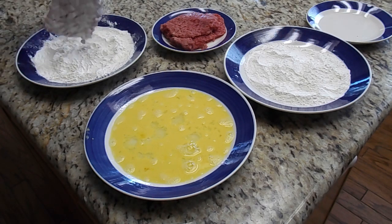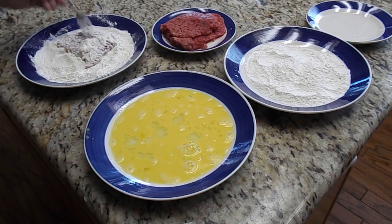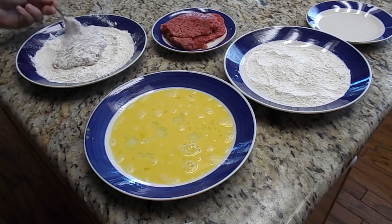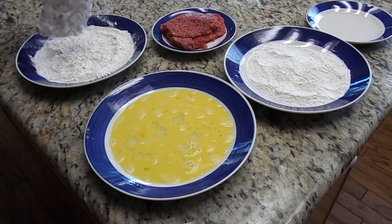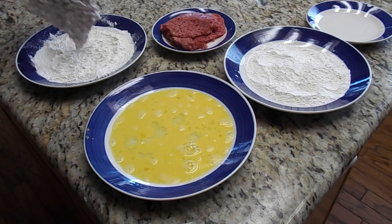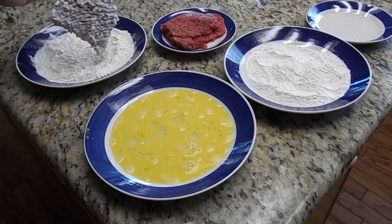And this is where you can adjust the thickness of that coating, by how much of that you let get in the middle. By doing so, it'll definitely give you that full country fried steak experience. Now we've got ourselves a pretty good level of coating at this point. Take it from the other edge, shake it a little bit, a little more. And now what we're going to do